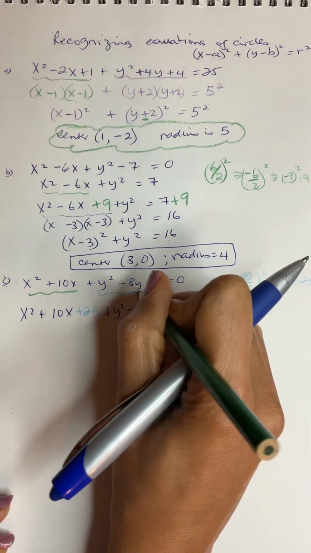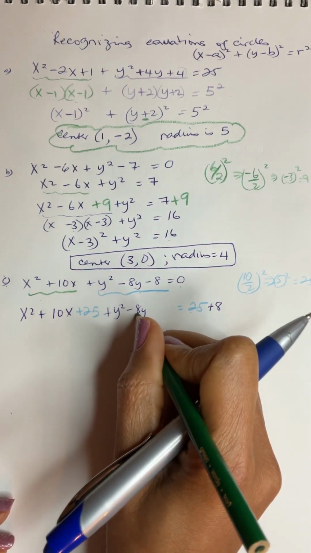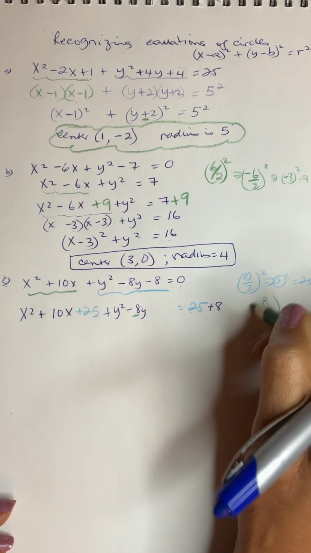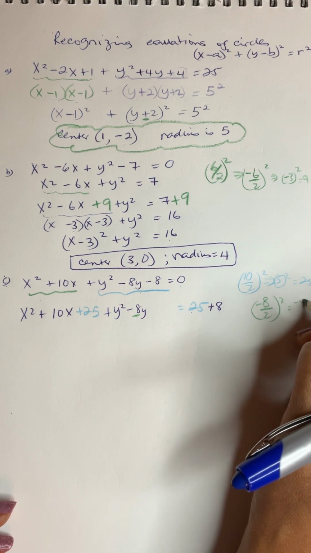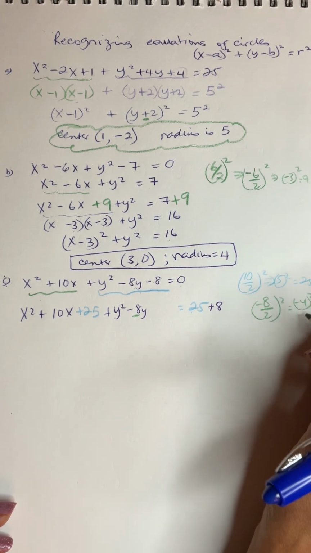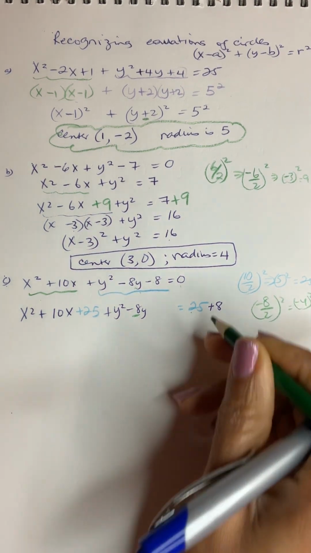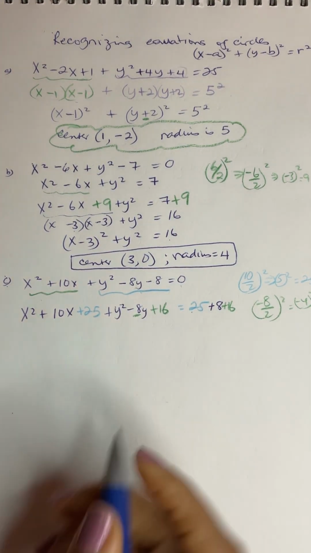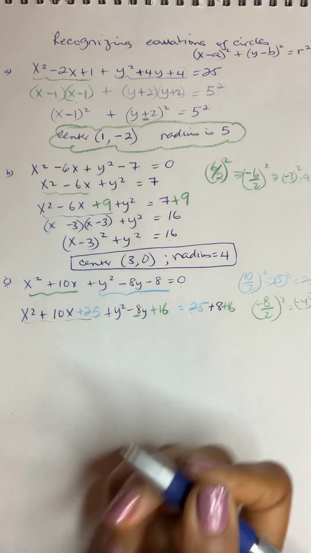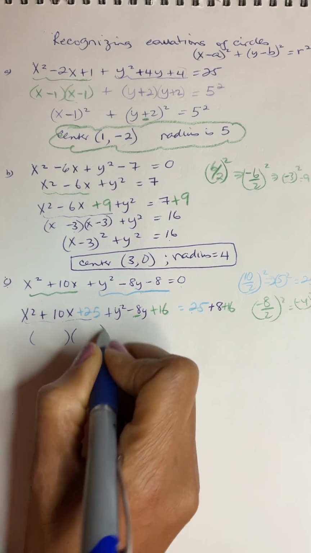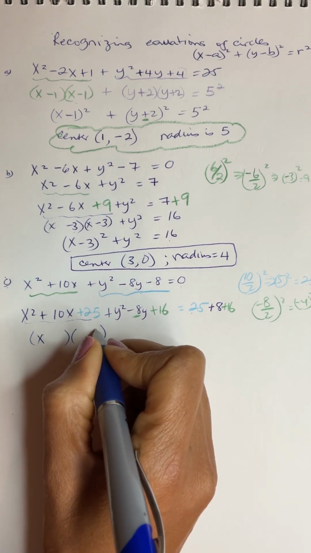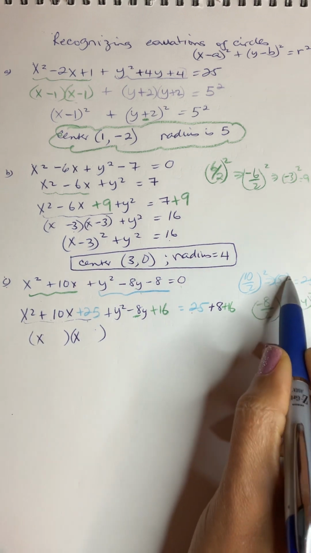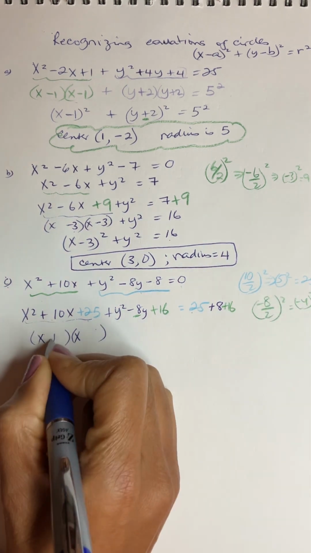I bring my positive 8 over, I'm going to look at this 8, negative 8 divided by 2 raised to the second power is going to be negative 4 raised to the second power, which is going to be 16. So I'm going to add my 16 here, and I'm going to add my 16 here. All right, now I can simplify this. Okay, factor it out. Find two factors of 25 such that when added, not only that, if you look back on here, is the 5 to the second power, so it's a positive 5,